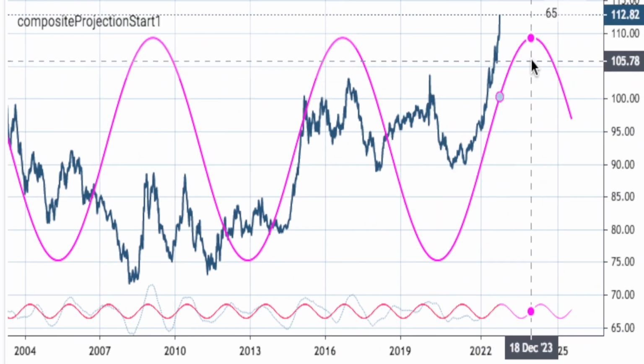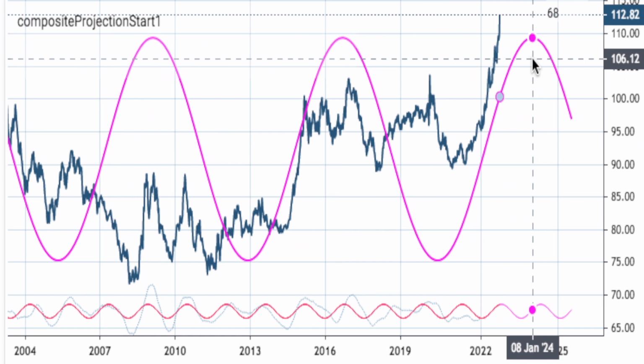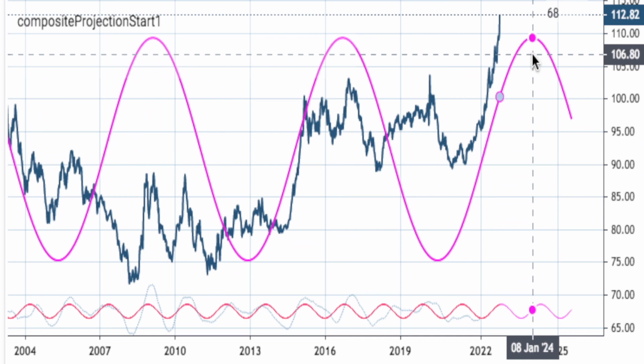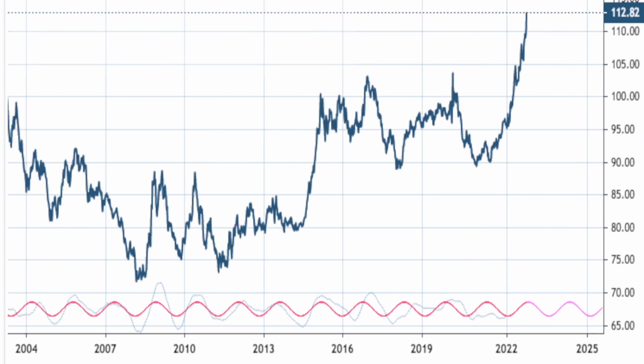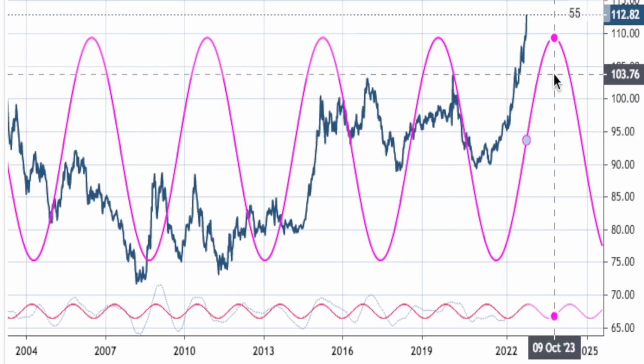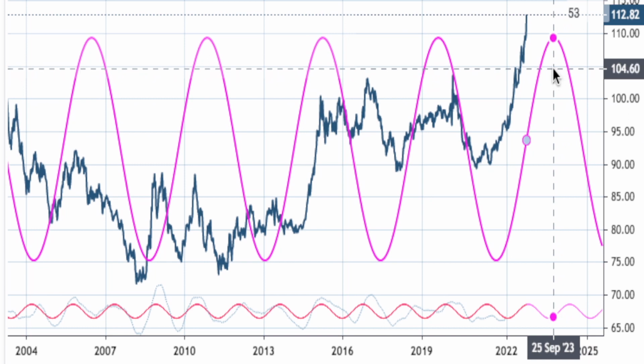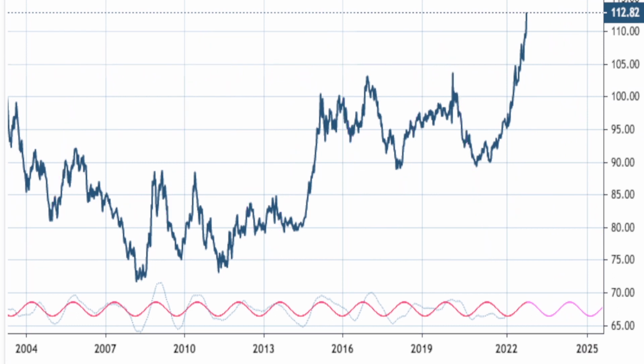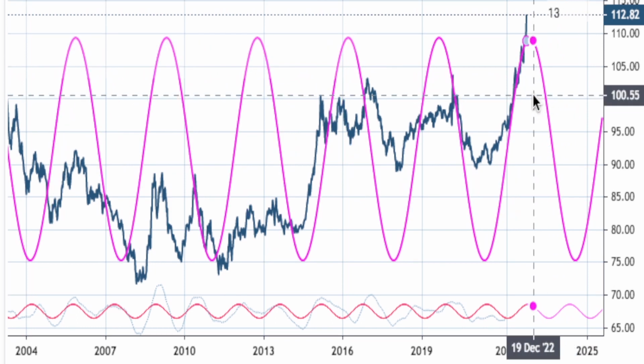This is long term. This one is if the dollar is going to continue making higher highs and higher lows. Using the 396 cycle, it hits a peak somewhere around December of 2023, January 2024. The next one is the 229, and this one hits a peak somewhere around the last week of September, first week of October of 2023. And then the last one here, which is the strongest and also the one that has the best correlation,